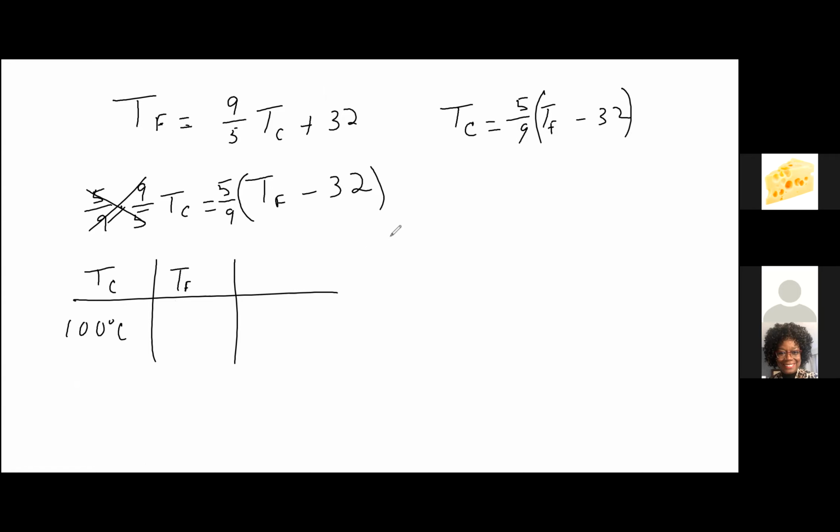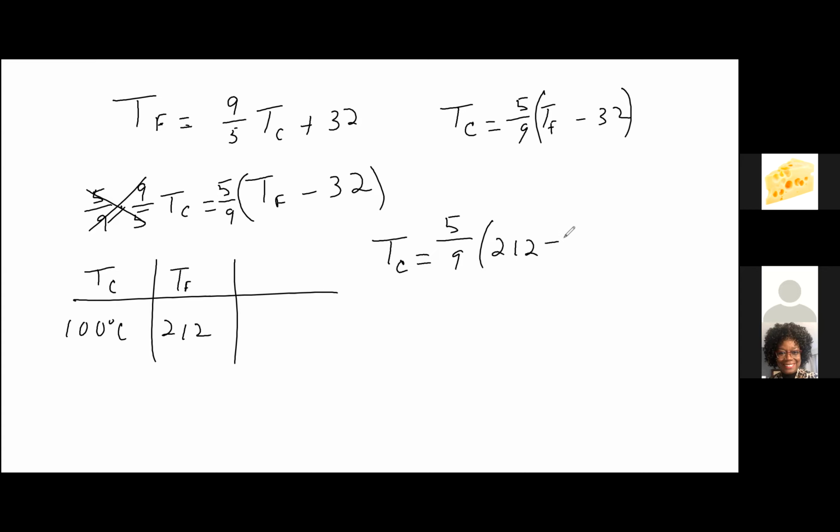So we say temperature Fahrenheit. I'm looking for the other way around. I'm sorry. I'm trying to get Fahrenheit, which is 212, and I want to solve for temperature Celsius. Okay, so temperature Celsius, we say, is 5/9 of temperature Fahrenheit, which is